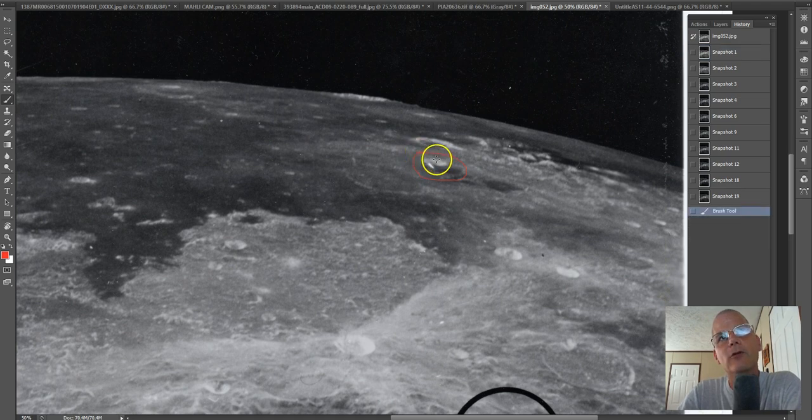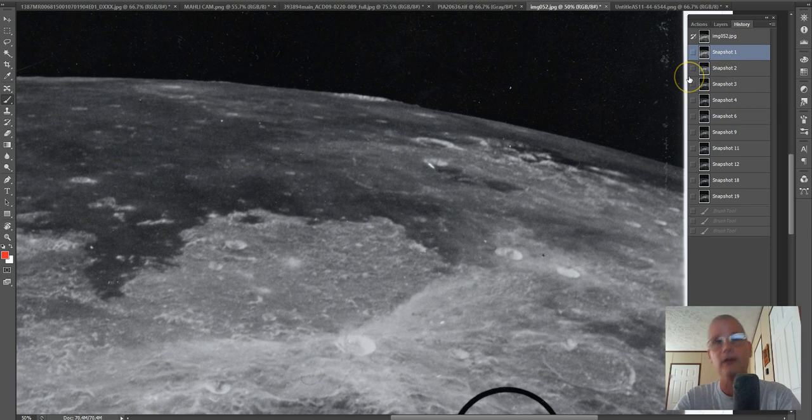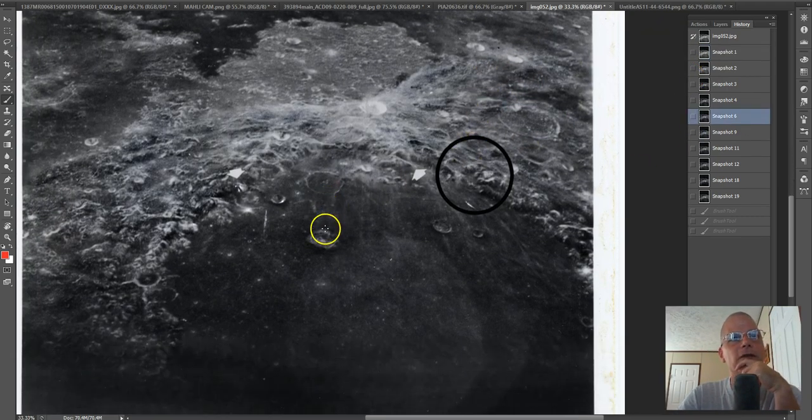Okay. I see what looks like a vertical line, a dark line, and what looks like a little bit of something with an appendage sticking out of it. What the hell does that? But after I got into this photo a little bit more, my God, this will blow you away. Now, let's get back out of that. Now, let's get back to what I was saying. Let's jump right into 6. And I'm going to show you guys something I think you...